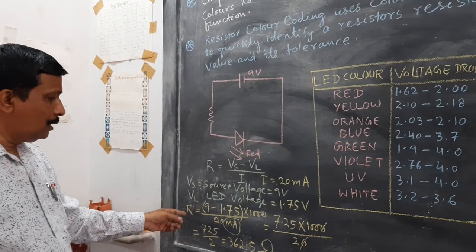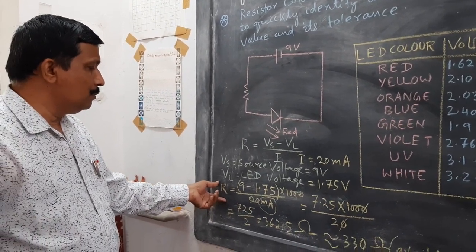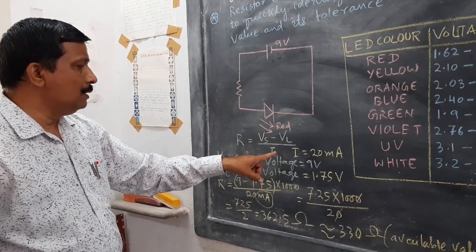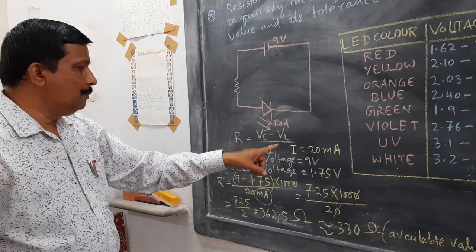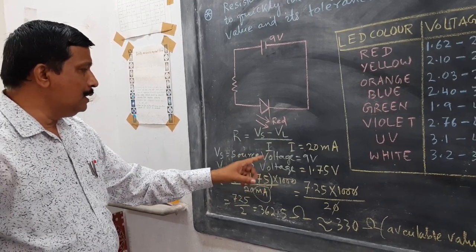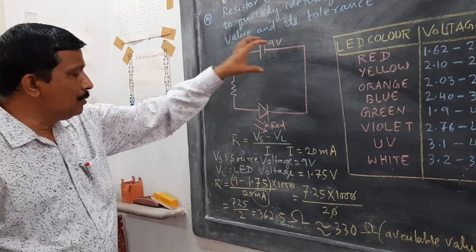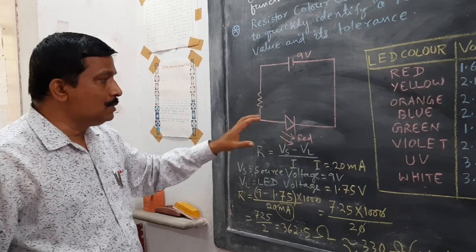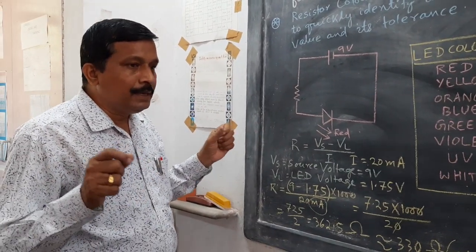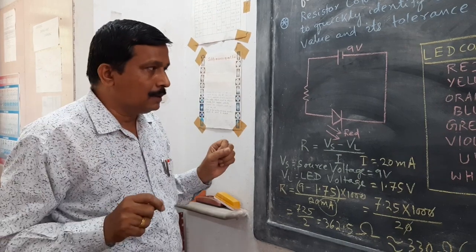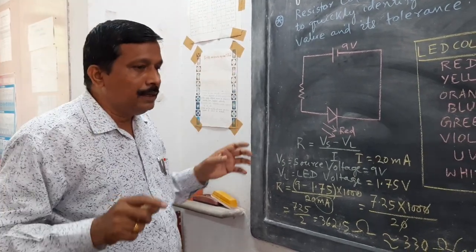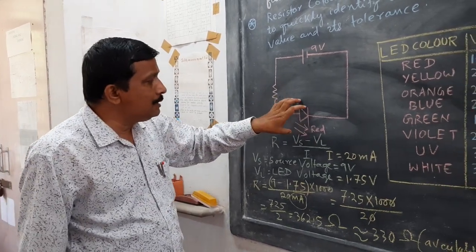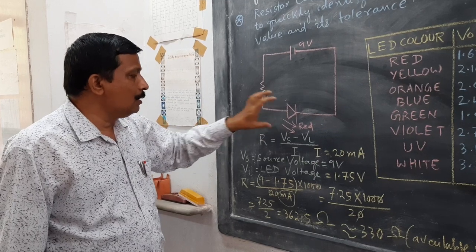Similarly, you want to calculate what is the resistance value. So the formula is (Vs minus VL) by I. Vs means source voltage, VL is LED voltage, and I is your current. Whatever current is flowing through it, whether it can bear it or not, tolerance means, suppose कोई भी आदमी 50 kg चावल अपने सिर में रख कर ले जा सकता है, उसको यदि हम 1 क्विंटल दे देंगे तो वो गड़बड़ हो जाएगा. Similarly, it has a capacity. So how will we calculate this value?